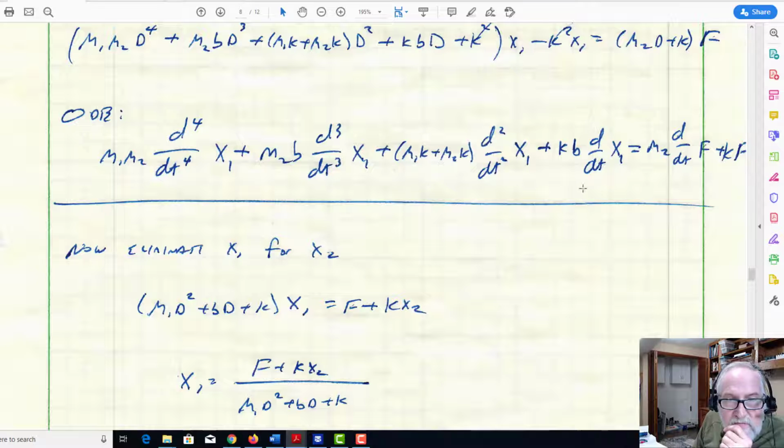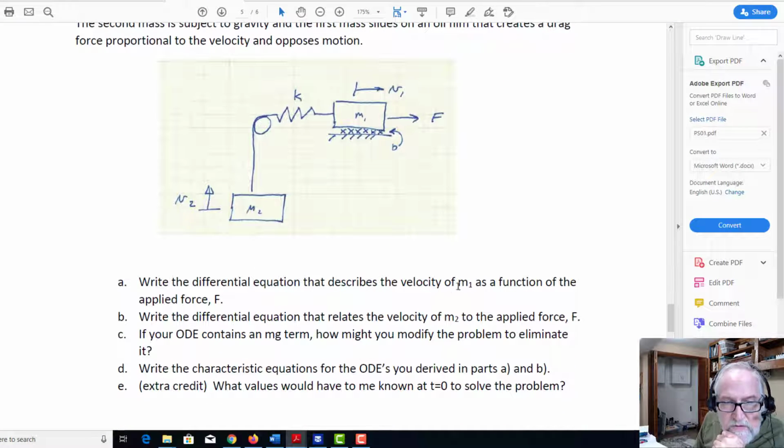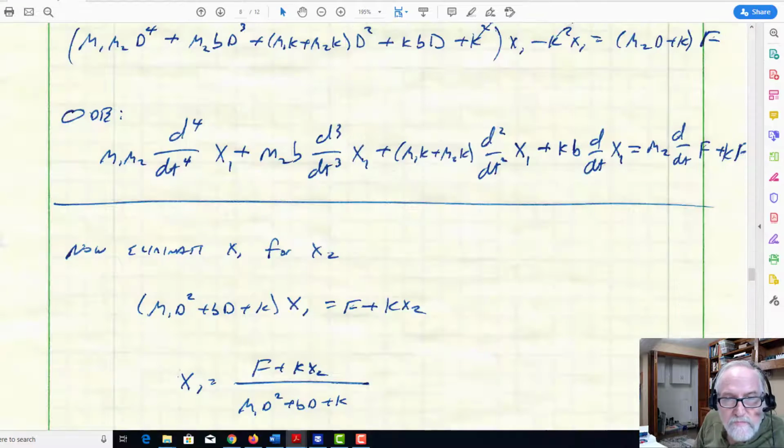So that's the answer to, let's see, which part of the problem was. Write the differential equation that describes the velocity of m1 as a function of the force F. Okay, so interestingly enough, we could do that. I did it in terms of the displacement x1, but if we go back to the solution, we'll see,